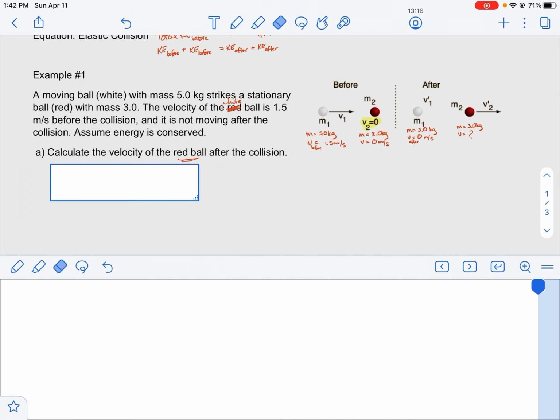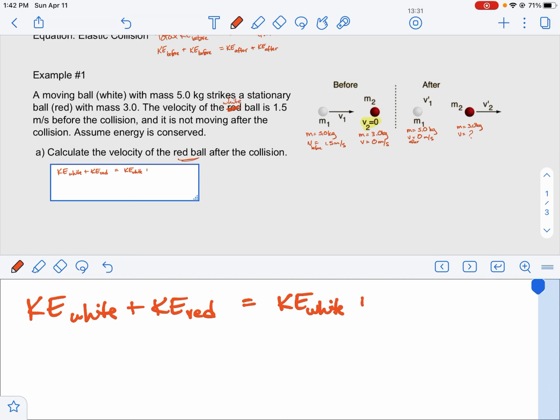I know that the kinetic energy of the white ball plus the kinetic energy of the red ball before the collision is going to be equal to the kinetic energy of the white ball plus the kinetic energy of the red ball after the collision. Everybody good? Okay. So if I change this, instead of writing KE, I write 1/2 mv squared plus 1/2 mv